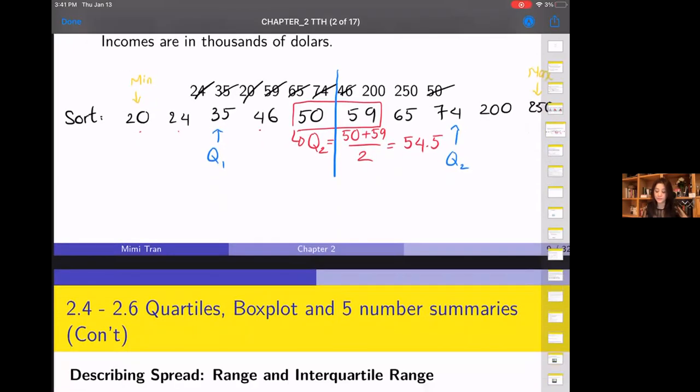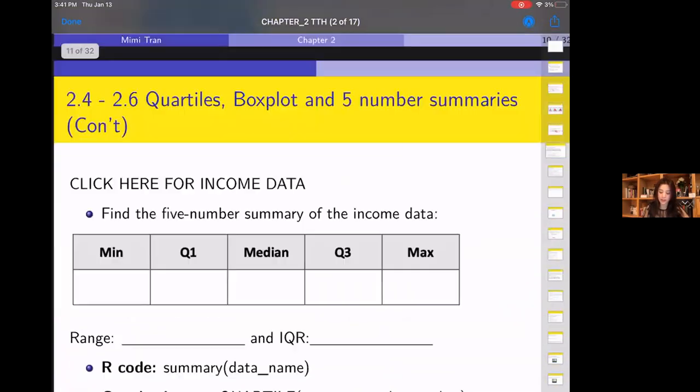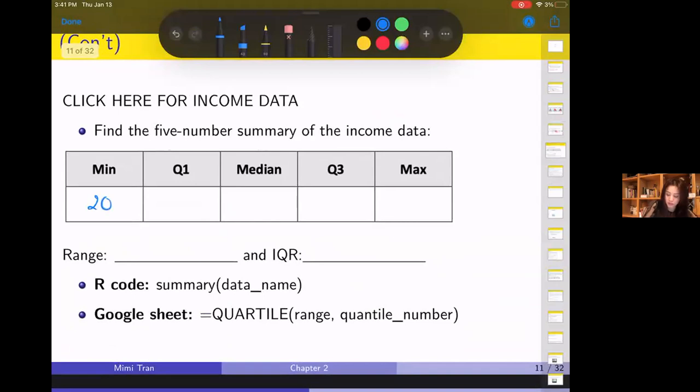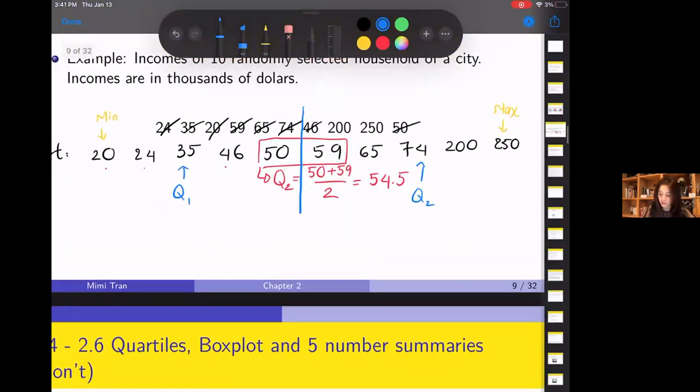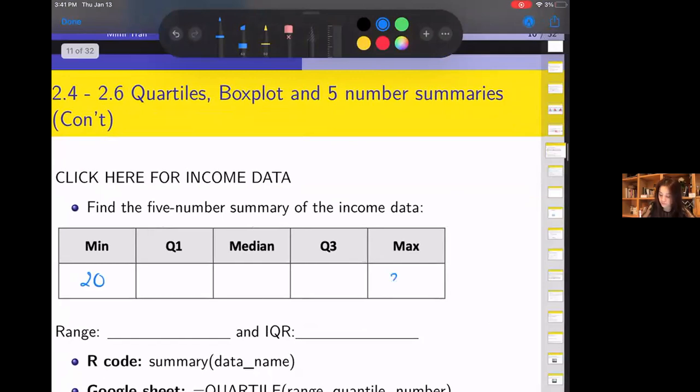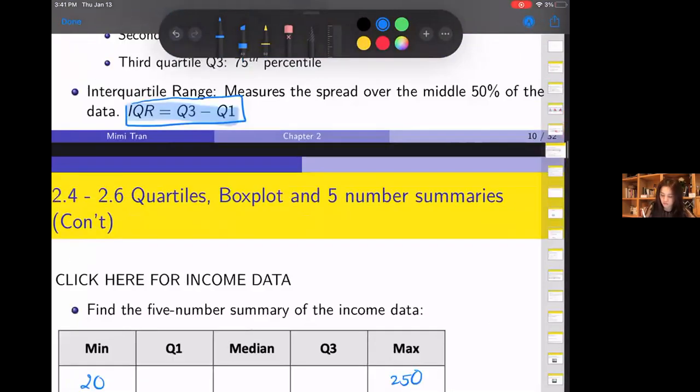All right, so let me copy these down here. The min is 20. Just copy things down. What else? 250. Median is